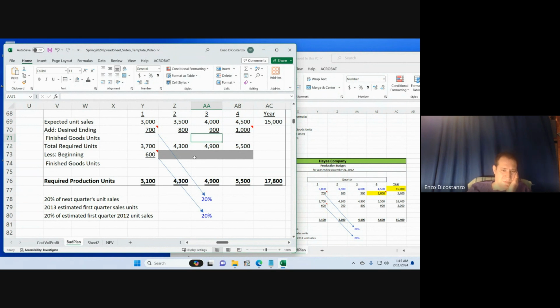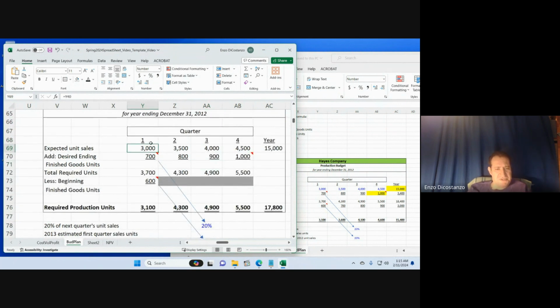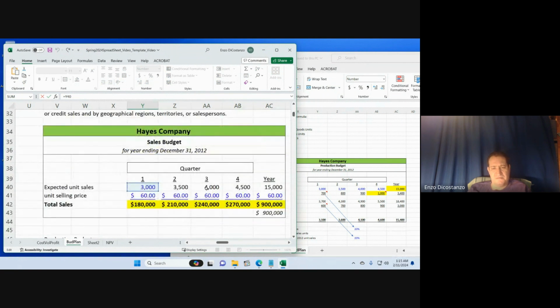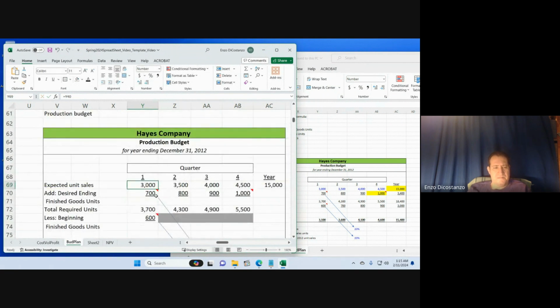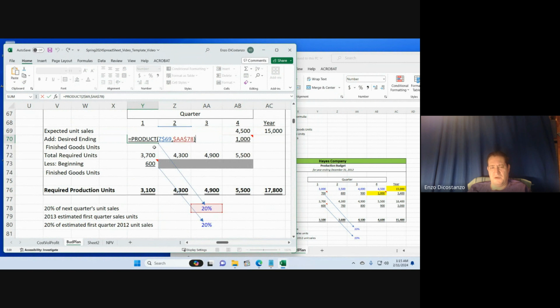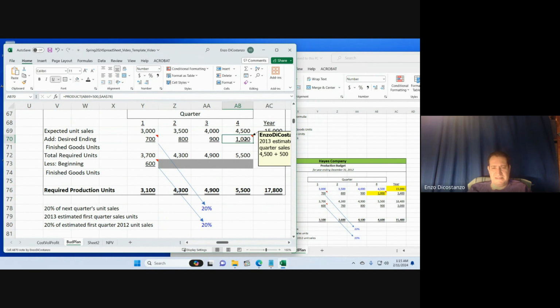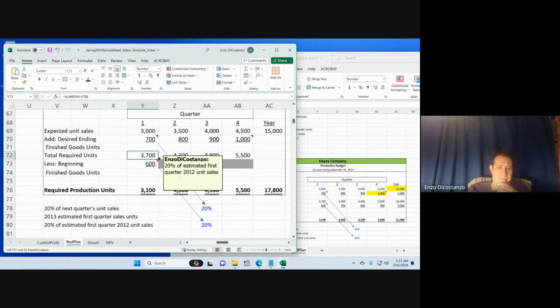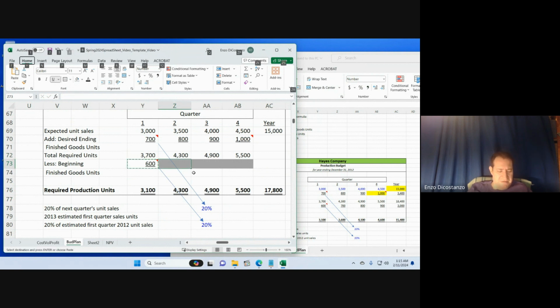So here, let's review before we finish this off. What are we doing? The expected unit sales you're just referencing up here, right? You already computed that stuff. Ending is going to be 20% of the next quarter sales. All right, that's a formula. So you multiply next quarter sales by 20%. And then for the last one, you've got to do a little estimation. The total required units, you're adding up both of these, what you want to sell and what you want to end with. And then you pull out what you started with. So what you started with is 20% of that quarter's sales, and you go across the whole story there. Okay, so this is what you started with.